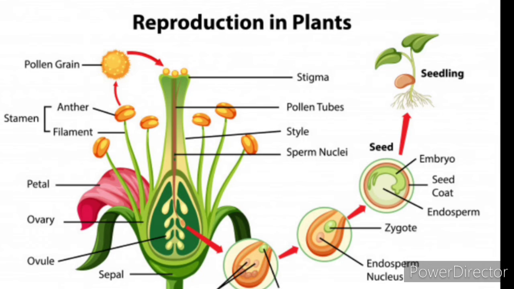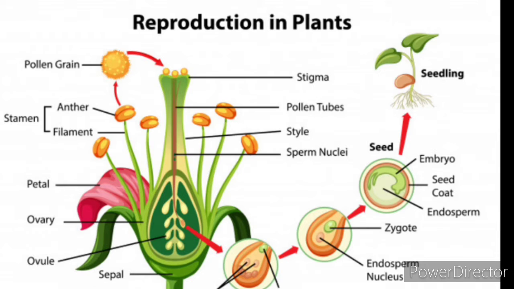Next, we'll see the sexual reproduction in plants. Now, in sexual reproduction in plants, two gametes are formed, and these are fused together to form offspring of their own kind, and the male and the female organs are needed to produce the gametes. And here we are going to learn about the reproduction in plants. So, to understand the reproduction in plants, we need to know about the structure of the plant. First we'll see the structure of a typical flower, because a flower develops into a seed, and from the seed a new plant is produced. So, reproduction takes place, isn't it?